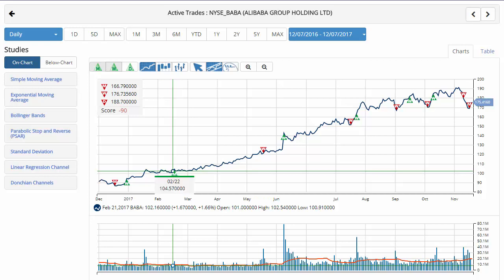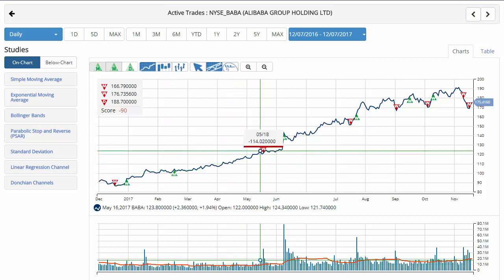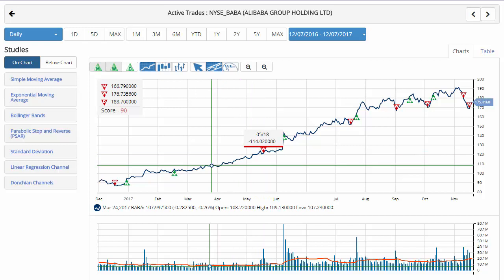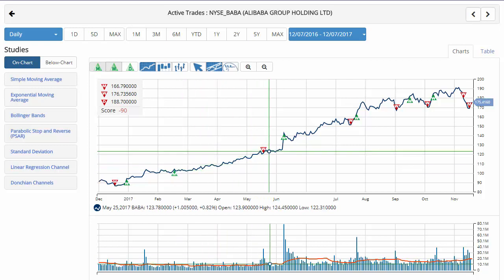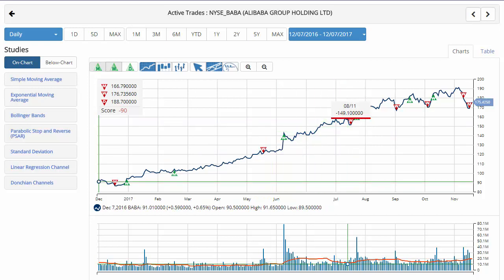And we start with the initial entry point again on February 22nd at 104.57. And we held that until 5/18, where we exited at 114.02, profiting $9.65 on that action. Now you're out, but we still have the green monthly. So we're going to wait for our next re-entry, which comes on 6/8 at 126.40. So you would buy to go long, and you would hold that all the way up until August 11th at 149.10, where you sold that position and entered a sidelines mode, profiting